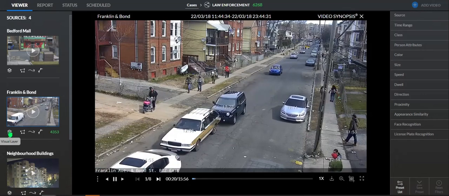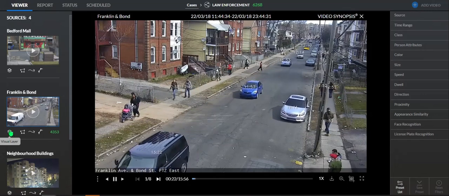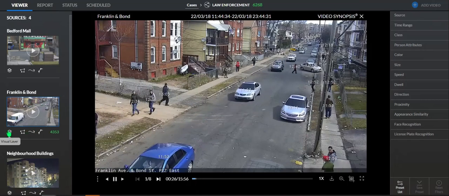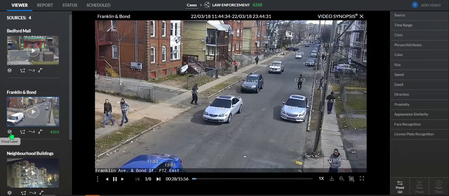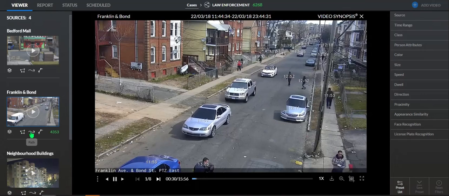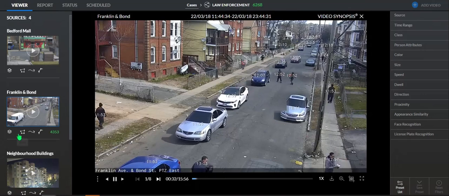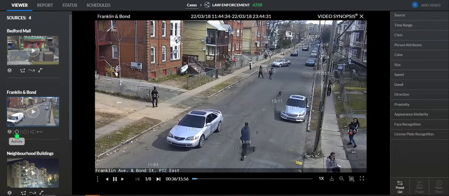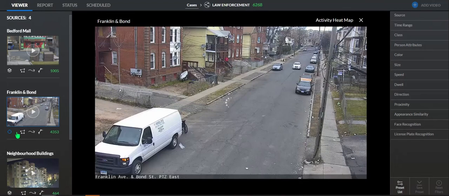I can also do heat mapping from here. Underneath the particular video we're searching on, we've got these additional tools: area of interest, path, and line crossing. If I hit this, it's got another layer called visual layers, which is basically heat mapping. So if I click on the heat map here,